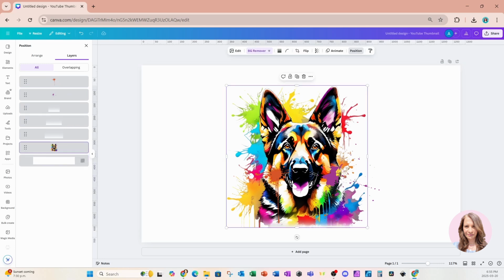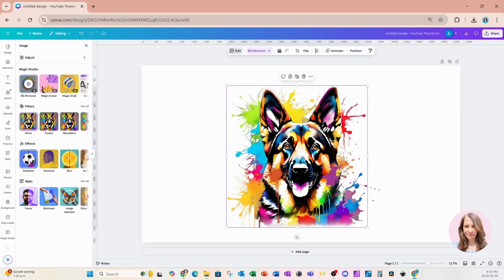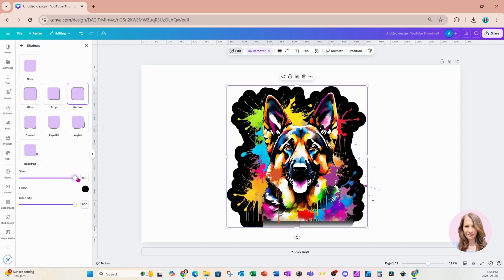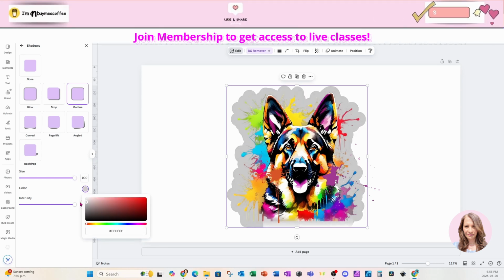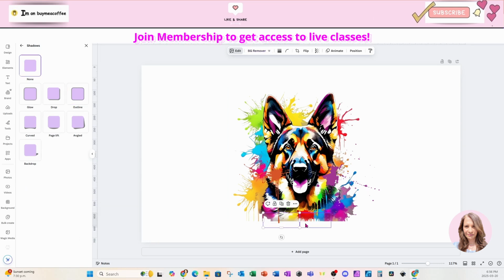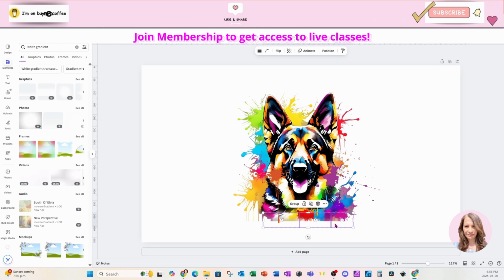Okay, we're going to download this, but before we download this, we're going to go to Edit, we're going to go to Shadows, and we're going to apply an outline, and that's going to just distort everything, but don't panic, okay? Now, it does look kind of ugly. We're going to increase that outline all the way as far as we can, and we're also going to change the color to white. Now you remember we had that gradient on the bottom, so I'm going to grab all 3 of those pieces and I'm going to bring them up to the edge of the dog